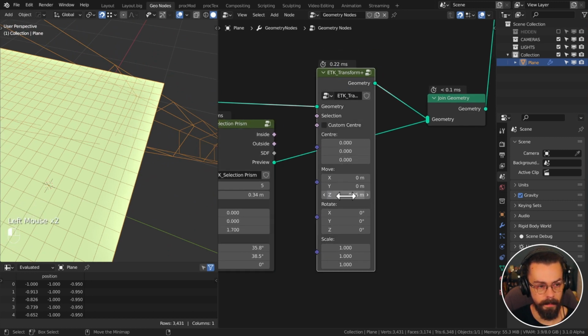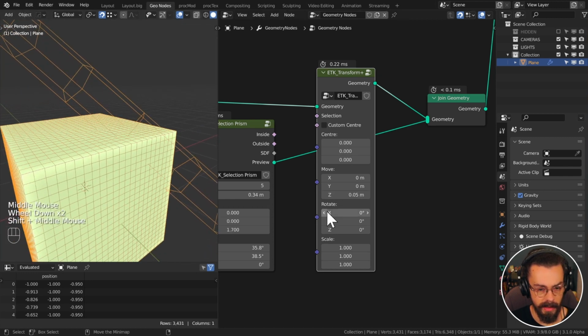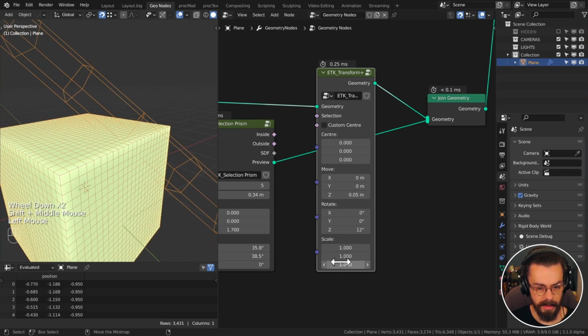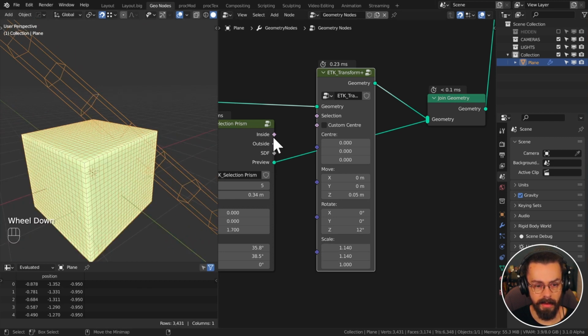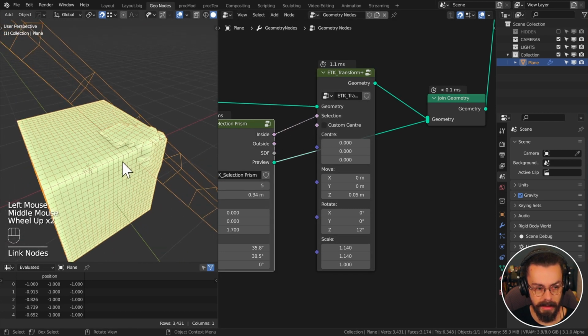Maybe I move these up just a little bit. We can see that just happened. Maybe I also rotate it and let's scale it slightly. So right now this is happening to everything, but we can plug in our selection region. And now you can see that it's just happening to that. And the good thing about this is the selection region is also going to govern the center of the bounding